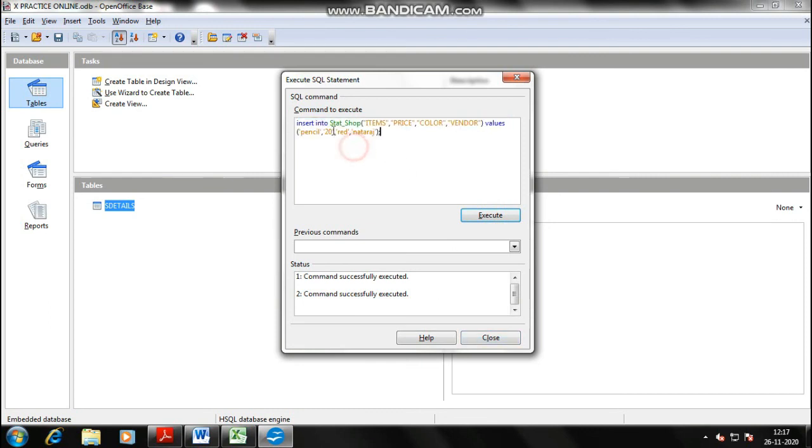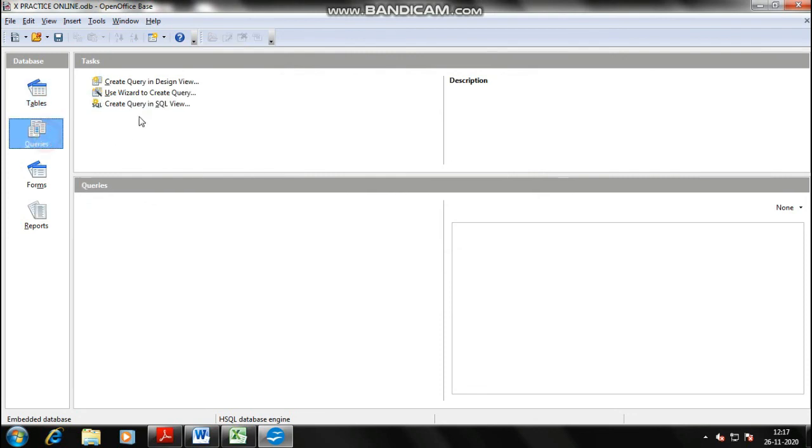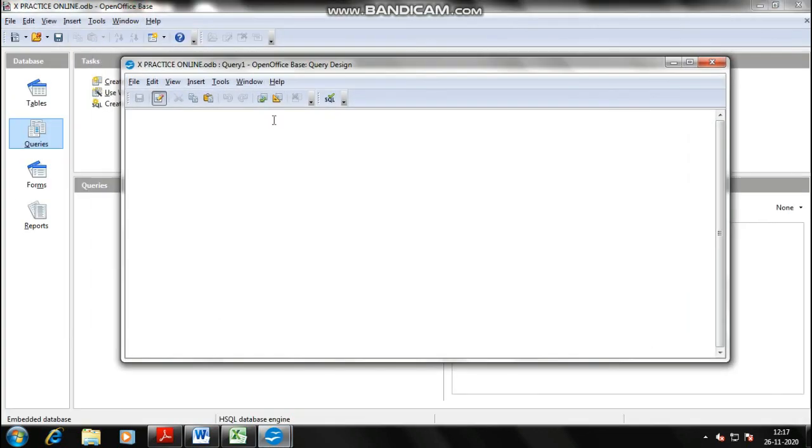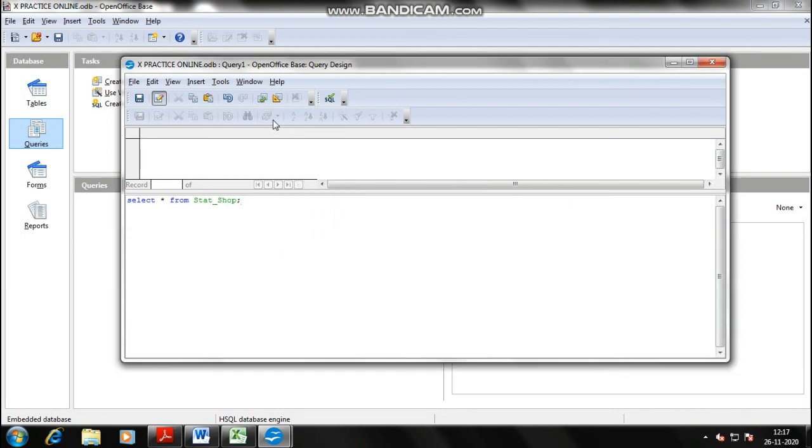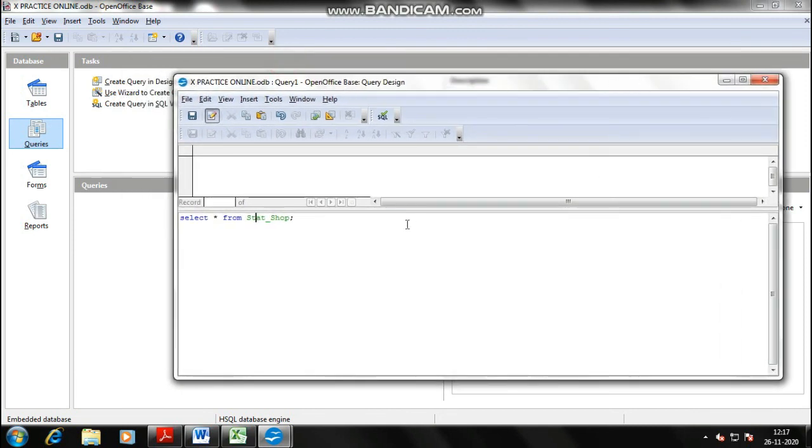Now we will see. सबसे पहले टेबल नेम देख लो क्या है, stat underscore shop. तो go to query, will check the select star from stat shop. What error we have? क्या error था? टेबल देखो पहले क्या है.